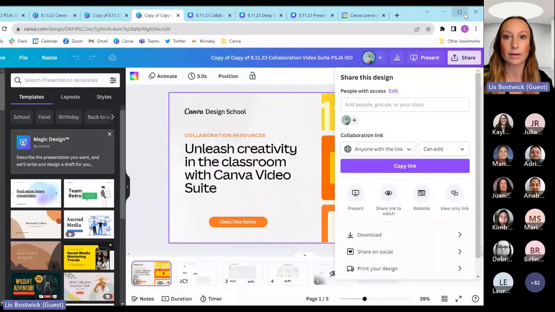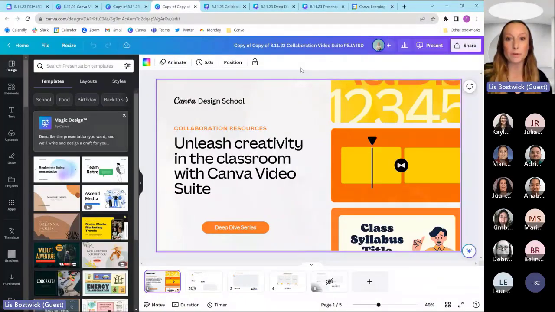Okay, so I put 3 links there, and I'm going to go back to sharing. Now I'm going to be going between tabs.